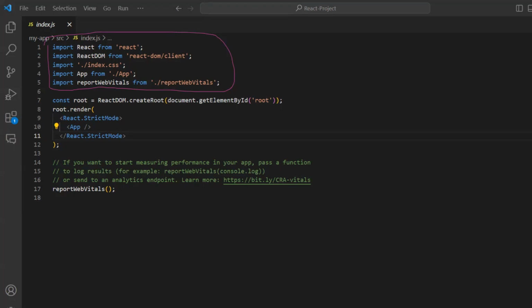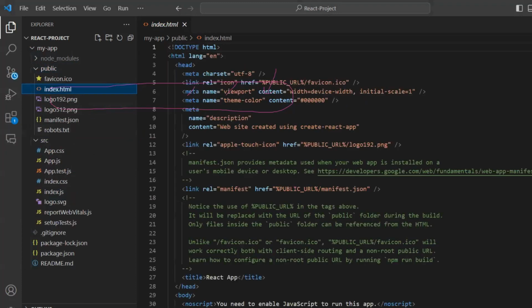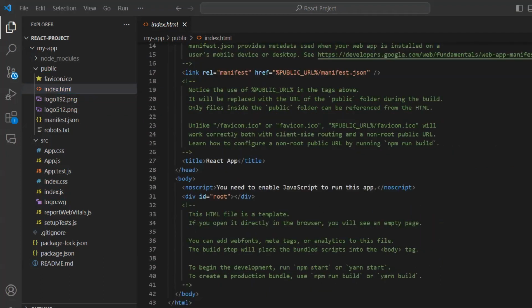Okay. Now, what exactly are we doing here? We are saying document.getElementById root. See, where is this index.js loaded? It is loaded to the index.html. In the index.html, it has so much content, so we don't have to worry about this. There is a div with ID root. Are you able to see it? So this is what we are trying to fetch in